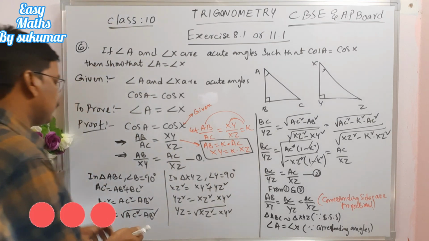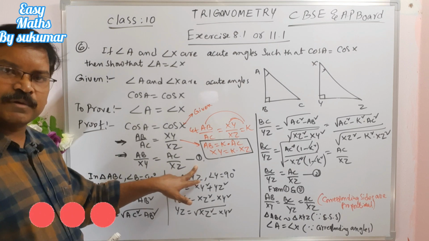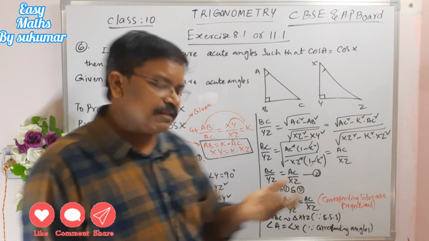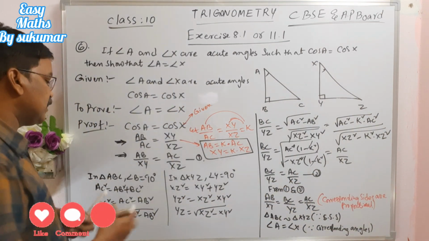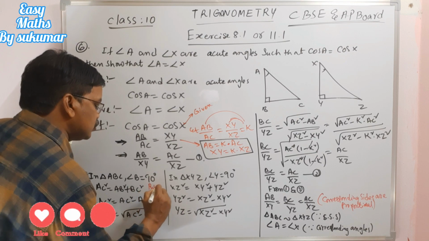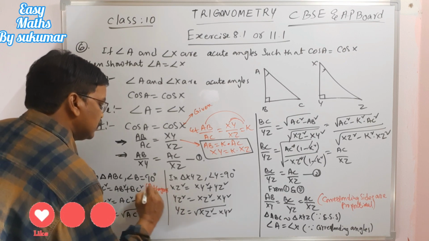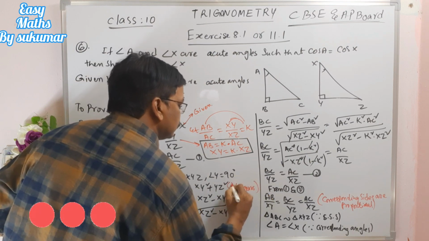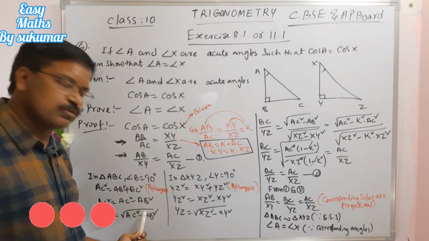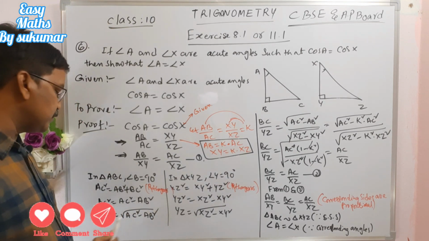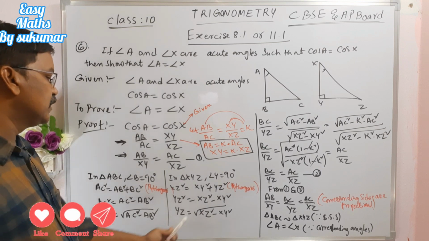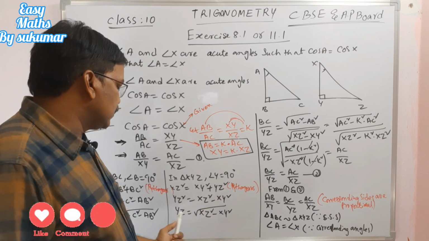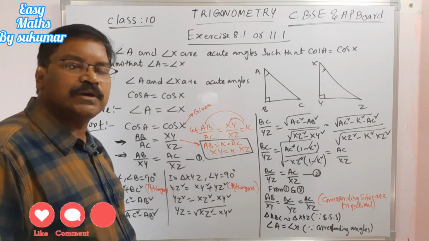Okay, my dear students. Therefore, this is equation number 1, and since it is a right angle triangle and this XYZ is also a right angle triangle, we can apply Pythagoras theorem. Here also Pythagoras theorem. So my dear students, here BC square is equal to AC square minus AB square. That is, BC is equal to square root of AC square minus AB square. Similarly here, according to Pythagoras theorem, XZ square is equal to XY square plus YZ square. That means finally YZ means root of XZ square minus XY square.